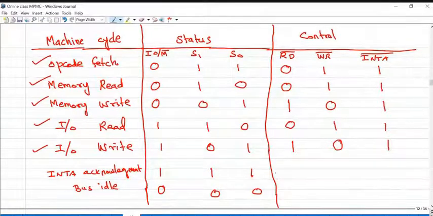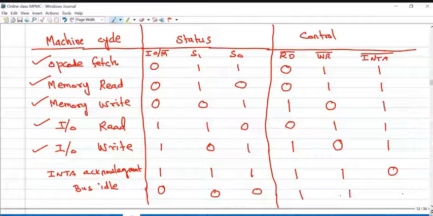Then INTA acknowledgement. For this INTA acknowledgement, both read bar and write bar are required, and INTA must be enabled, that is, placing 0 on this active low signal. Bus idle condition, the status of read bar, write bar, INTA is like this. So this table you have to remember